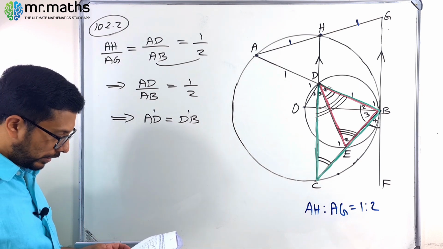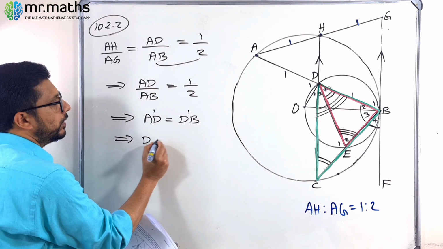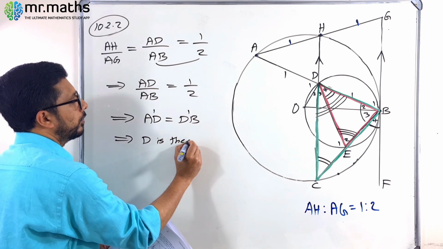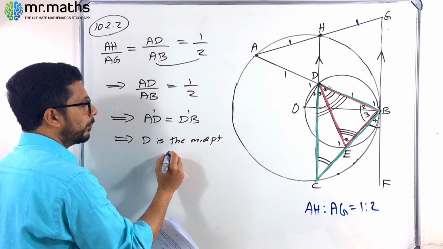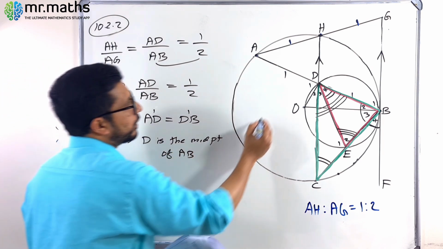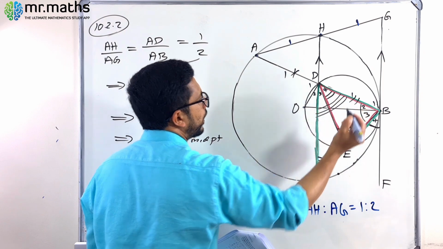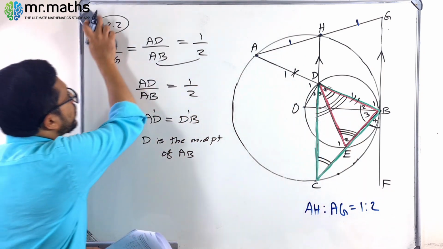We have to prove that D is the midpoint. If those two sides are equal, it means D is the midpoint of AB. So it means that this line and this line are equal length. Okay. Now next question,